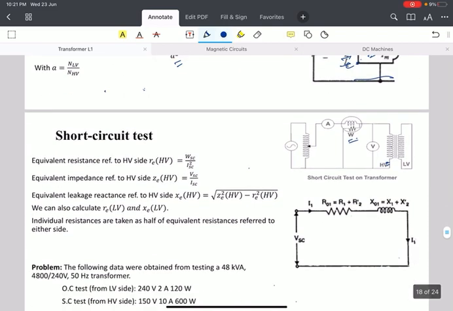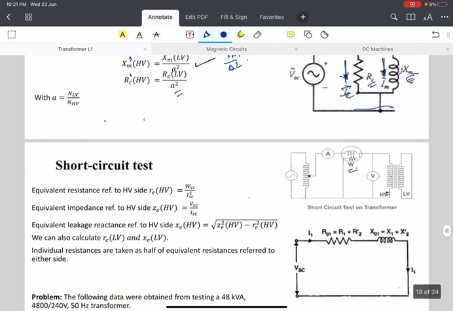Another test to perform on the transformer is the short circuit test. In this case, the secondary winding of the transformer is short circuited in order to allow the rated current to flow through the transformer. When the rated current flows, we can find out the copper losses of the transformer. When it is short circuited, a minimum voltage is enough for the rated current to pass through the winding. Therefore, it is generally performed on the HV side of the transformer, because we need to apply only a minimum voltage across the HV side.